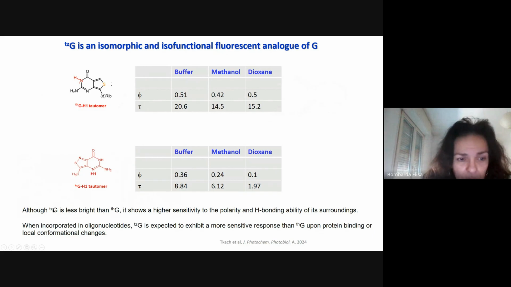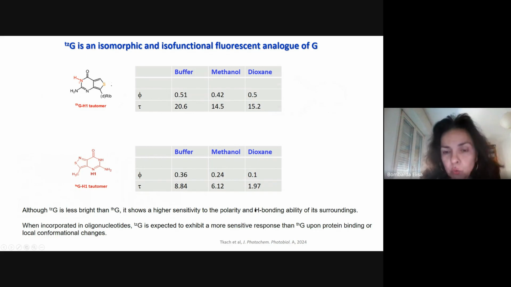But anyway, TCG, although less bright than TAG, shows higher sensitivity to the polarity and the H bond ability of its surrounding,